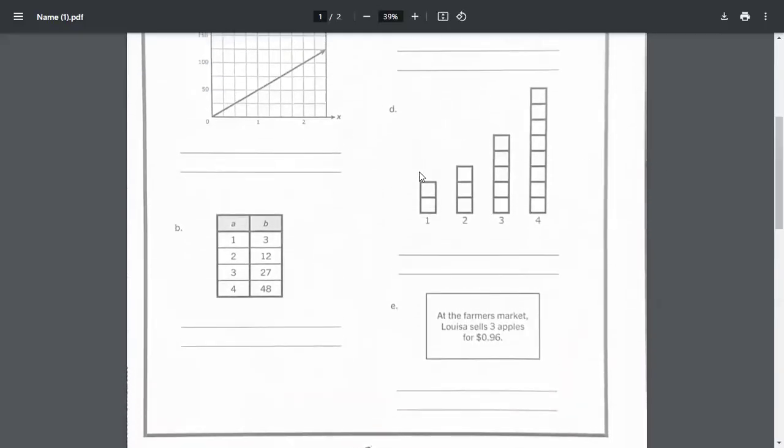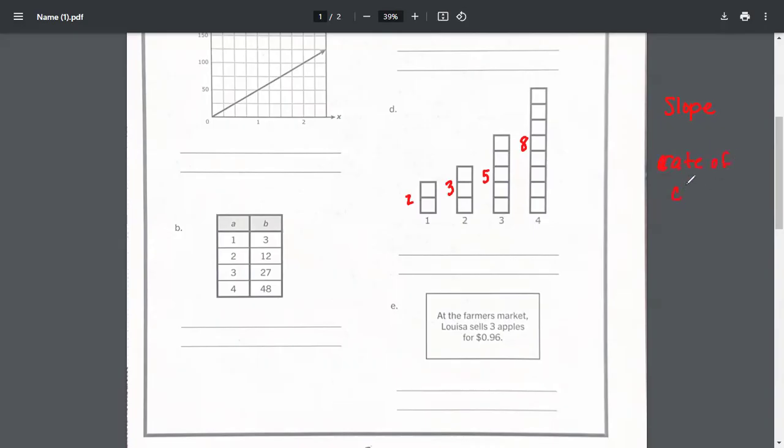And then I come down here and I see a pattern, right? When I look at this pattern, I see when there's one, I have two. When there's two, I have three. When there's three, 1, 2, 3, 4, 5, I have 5. When there's 4, I have 1, 2, 3, 4, 5, 6, 7, 8. Now, the reason why I'm showing you this is because the two words that we're learning are slope and rate